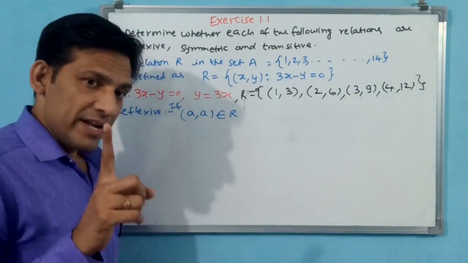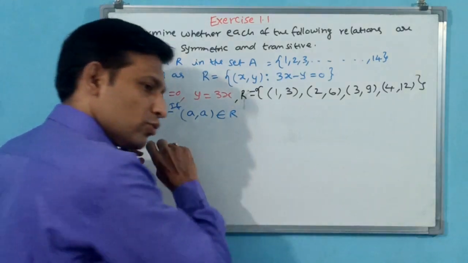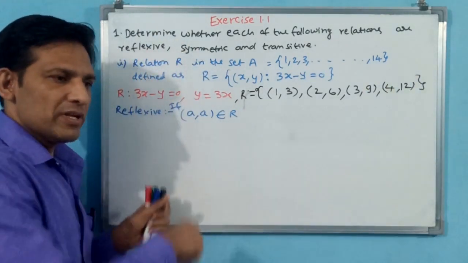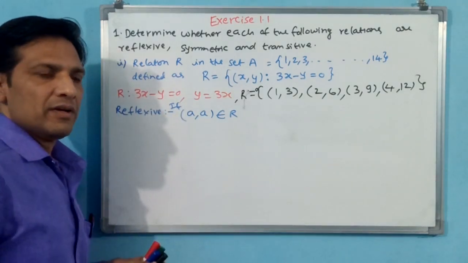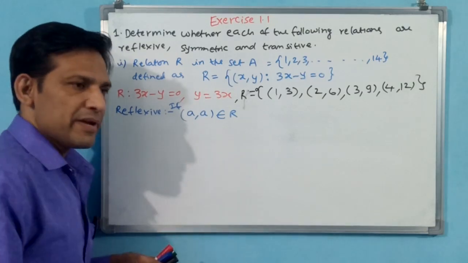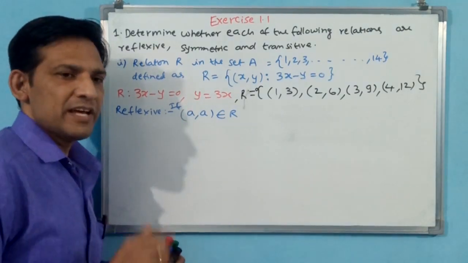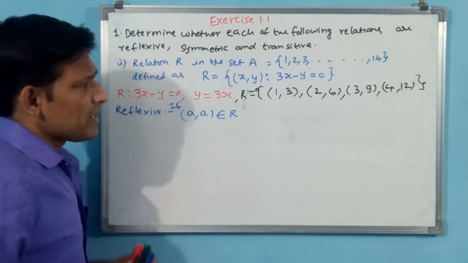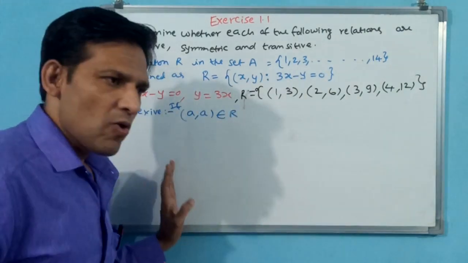Even if there is one element not going to help, those should be available, all. Why? Because you are making a set between 1 and 2, which means 1,1 and 2,2 should be there. If 1,1 is there but another element, 2,2, is not there, even though the remaining relation is there, it is not a reflexive relation.